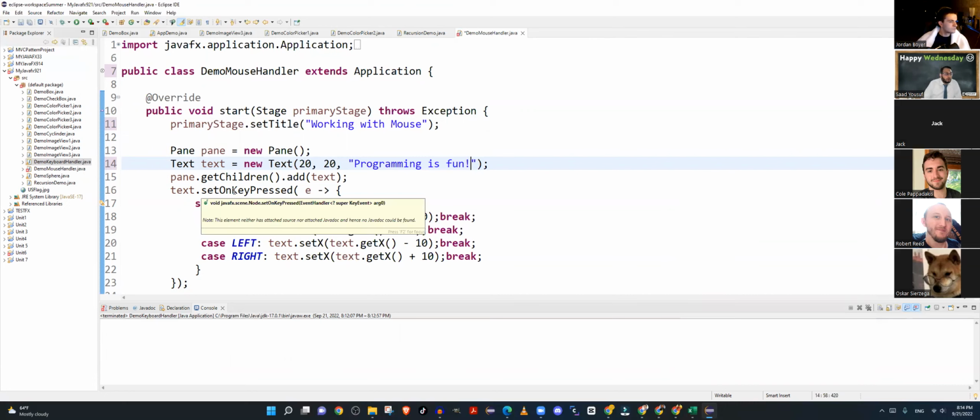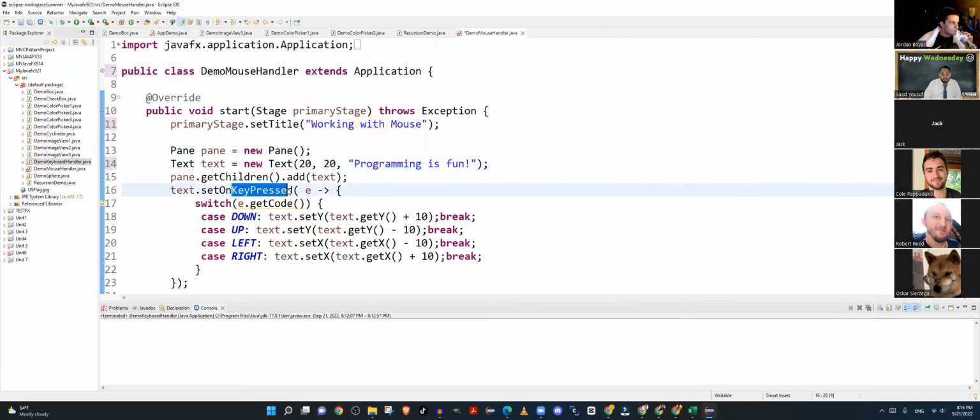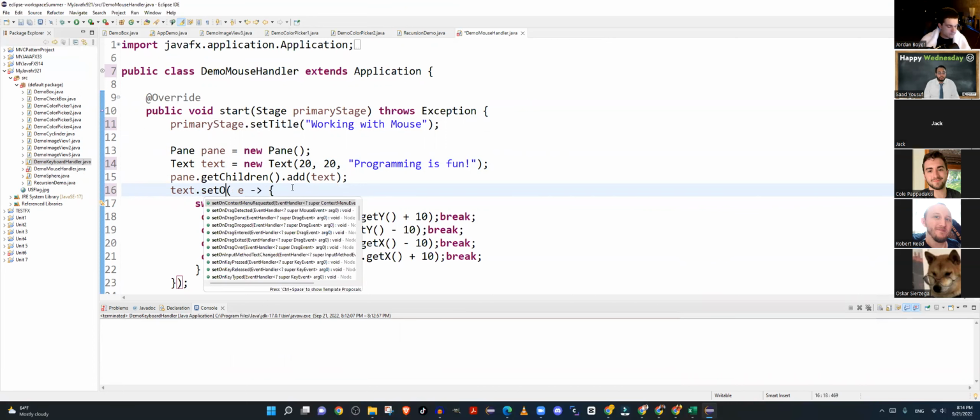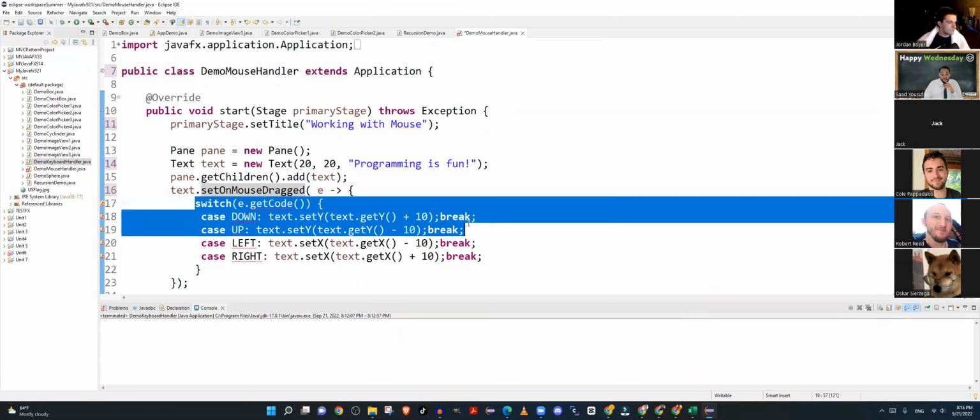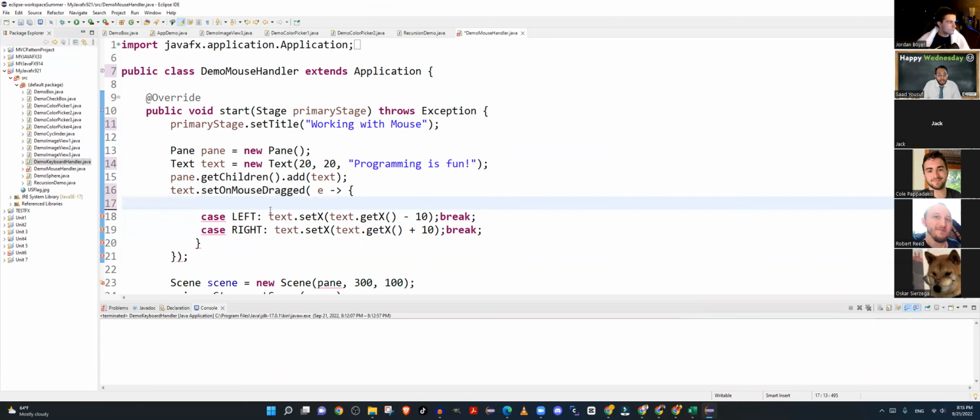So instead of on key press, I have another function which is called set on mouse dragged. Set on mouse dragged. Okay. Now, set on mouse dragged